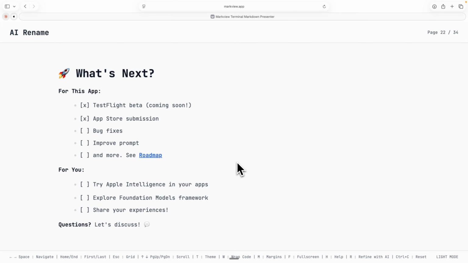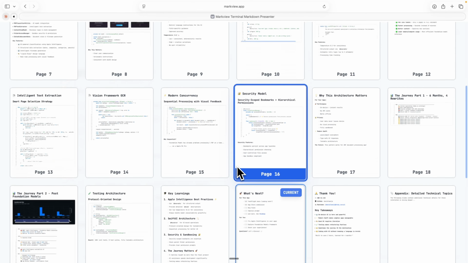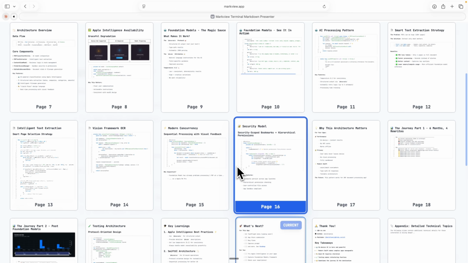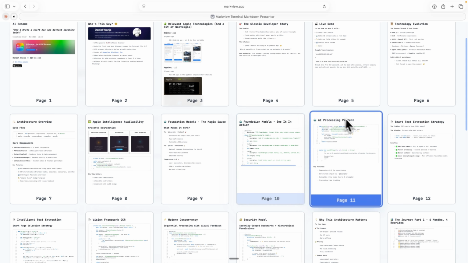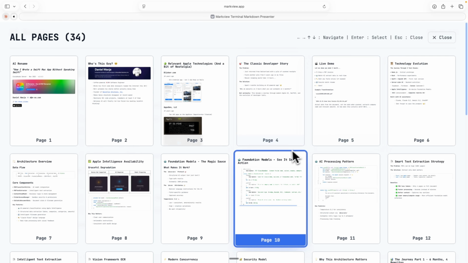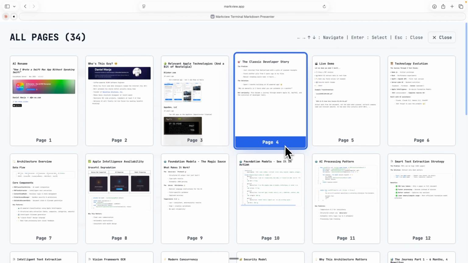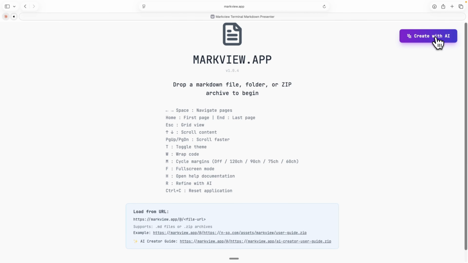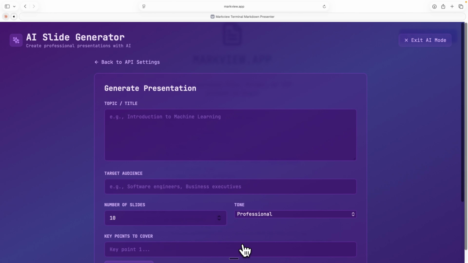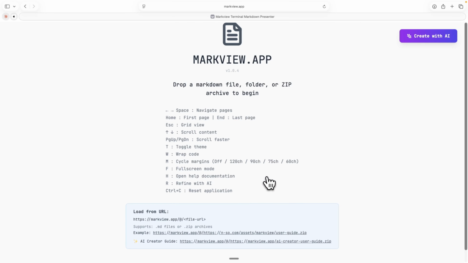Yeah. And then I wrote this tool where you can view your slides. I love that. So check it out, Markview.app. The presentation is in the project. So I say, go visit the Git log, he wrote the timeline, go find important code. And then I couldn't present it because some of those slides are not in a slide format, they're a bit longer. So I want something you can scroll up and down. Here's a tool. For long pages, you can scroll up and down and then go left and right. And the new one, where is it? I added Create with AI also. So if you want to generate your own slides, you can ask it, generate me a presentation, and it does that.